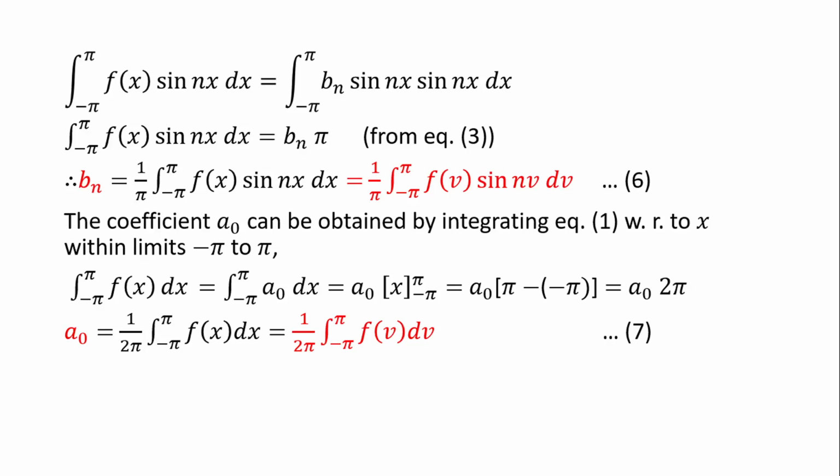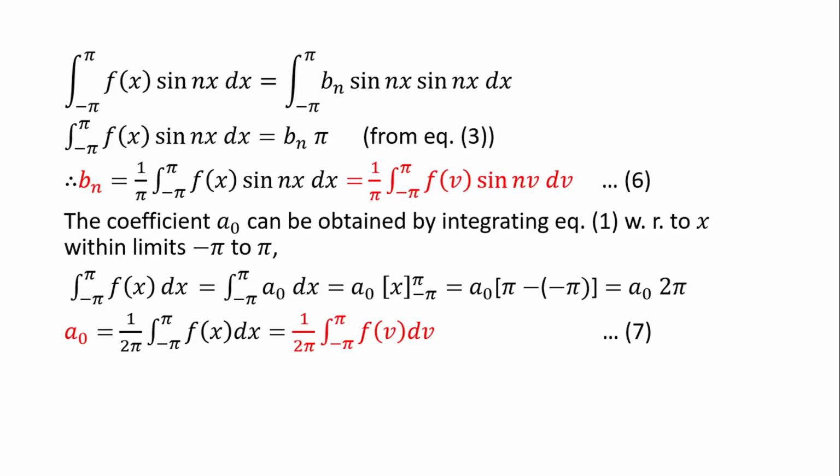And in this way, towards the left hand side we have the integral from minus pi to plus pi of f(x) dx, and towards the right hand side we have only the first term that survives, that is the integral from minus pi to plus pi of a0 dx, and the second and third terms do not survive since sine and cosine are